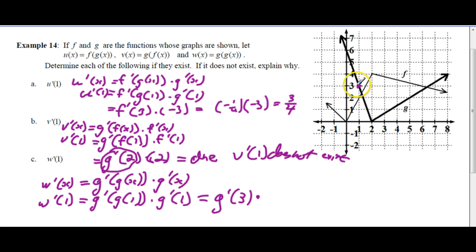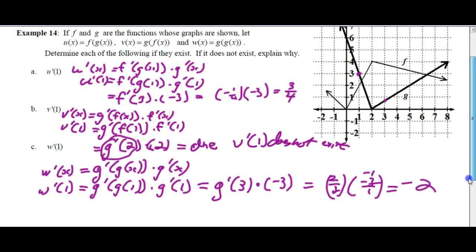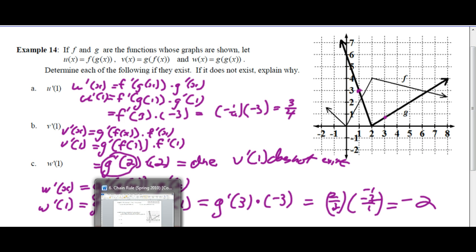That was up here, is negative 3. g prime of 3, here's the slope of this line, which is 2/3, times negative 3, which gives us negative 2. Okay, and that's that, so we can